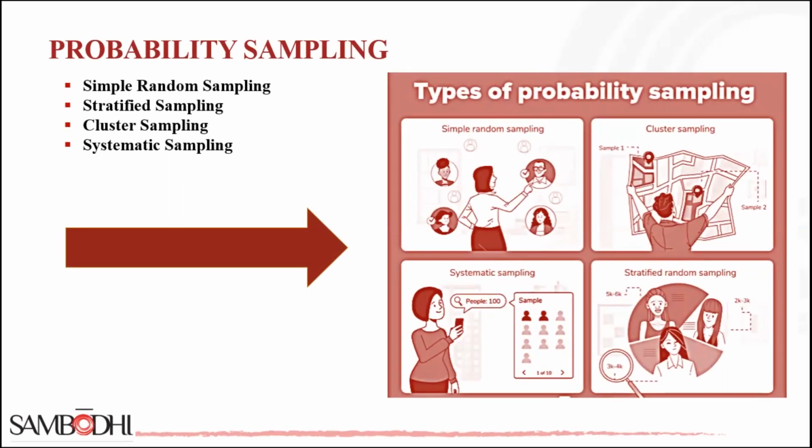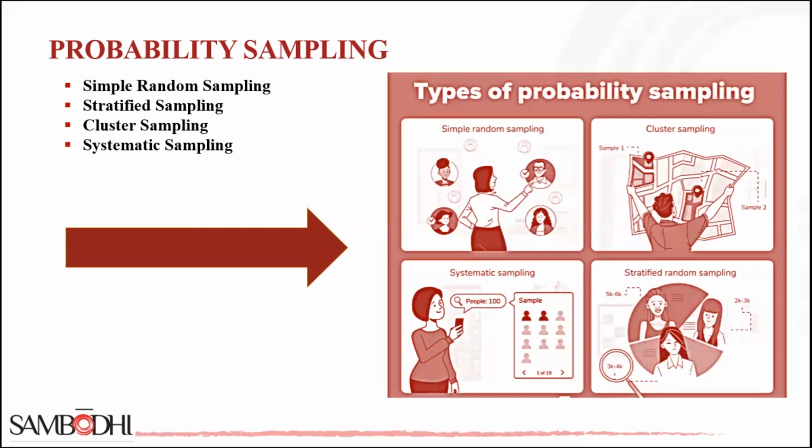Probability sampling. In probability sampling, there are different types: simple random sampling, stratified sampling, cluster sampling, systematic sampling. So let's understand slowly and steadily, because this is very important for you to do your research. I'm repeating this again and again because these methods are still implemented while doing a great topic or great abstract